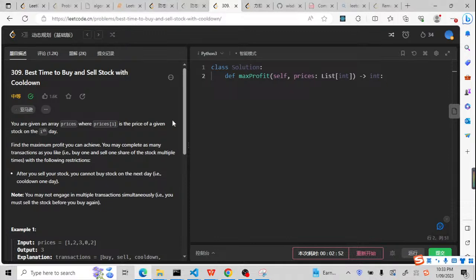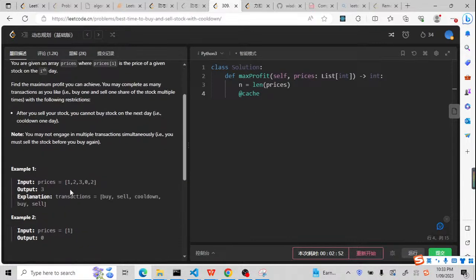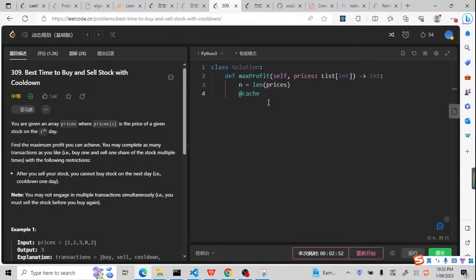Basically, the two methods can be implemented by DFS plus memoization. So I'm going to use n equals the length of the prices. This is just for calculation later. Now I'm going to use a cache because I have to use memoization, since basically this is a DP problem. So for the DFS, I have to use memoization. So I need to define the function first,